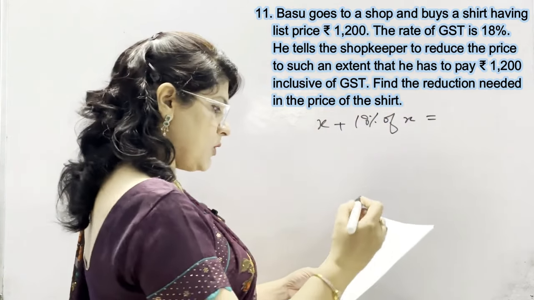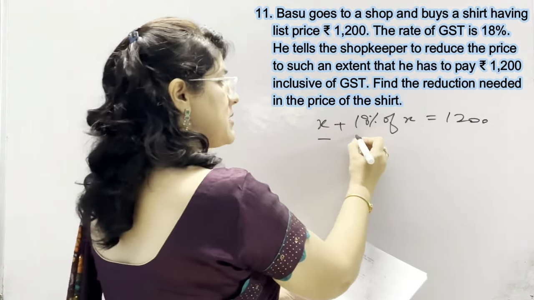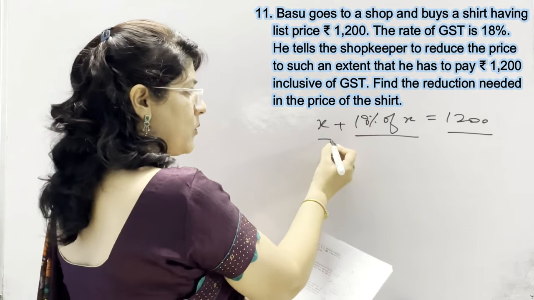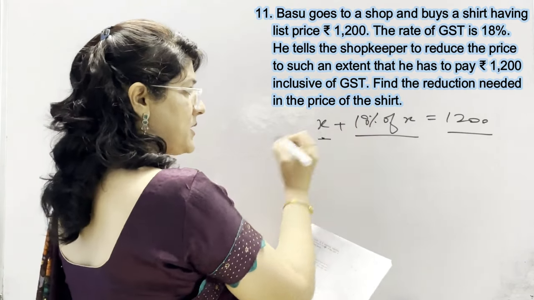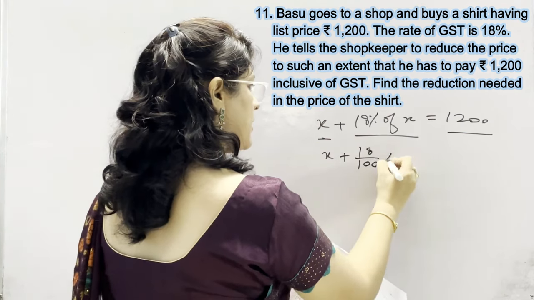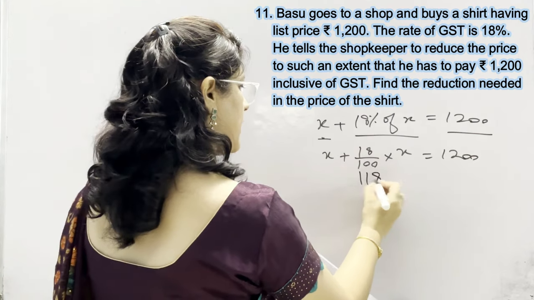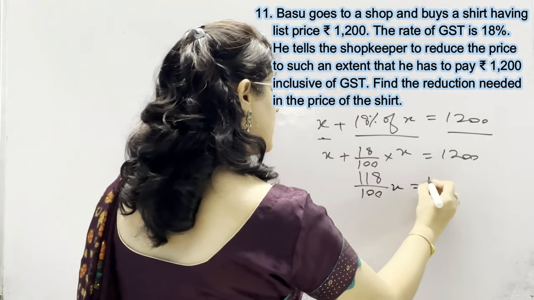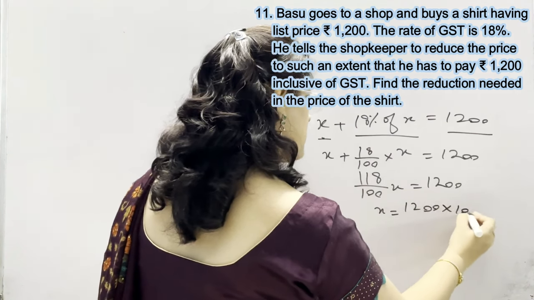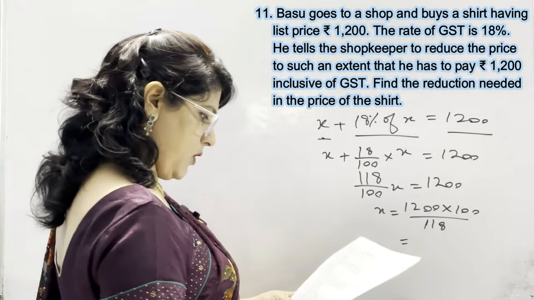Now Basu wants to give only rupees 1200. So this is the mark price, this is the GST, and this is the total price which he wants to pay. Now the shopkeeper has to reduce its mark price up to this extent. Now x plus 18 upon 100 into x is equal to 1200. So 118 upon 100 x is equal to 1200. So x is 1200 into 100 divided by 118. After cutting, its value comes out to be